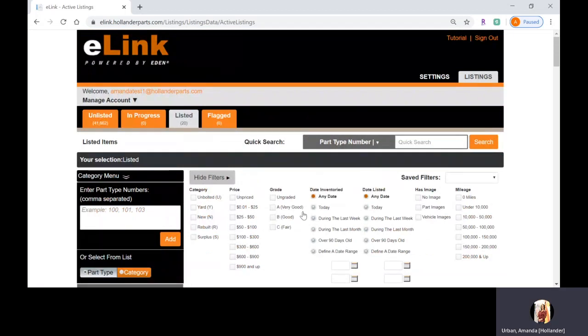Again, I recommend using this with the Reset to Retail feature. I recommend using this when you are working with your titles, and then also when you are doing your manual listing as well. If you have any questions on this feature, please feel free to email us at